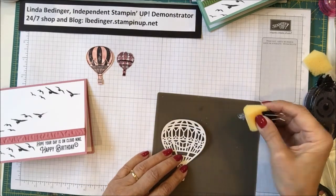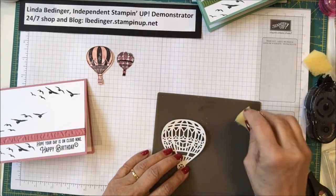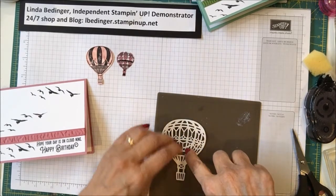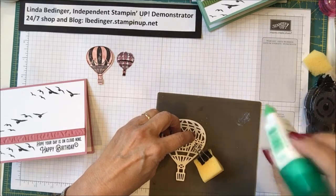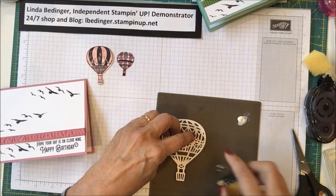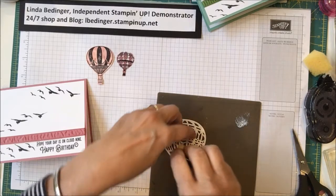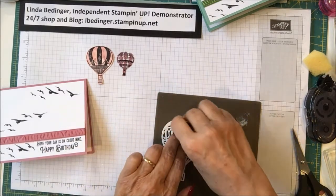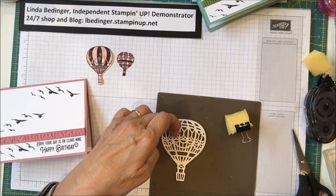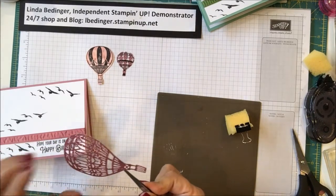But picking up some of the Tombow on the sponge and then lightly sponging the back of whatever it is you're trying to glue down. The most important part is to hold it still so that you don't wiggle around and end up with glue on the front side. The other thing I would say about this technique is it uses a little bit more glue than you might ordinarily. But the good news is that you get glue all over the surfaces that you would like. Then if you're careful, you can pick that up